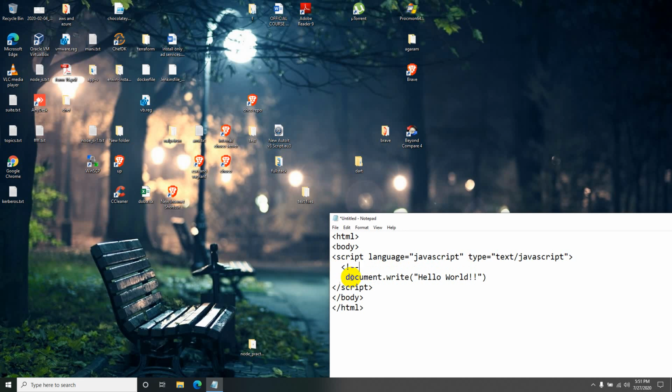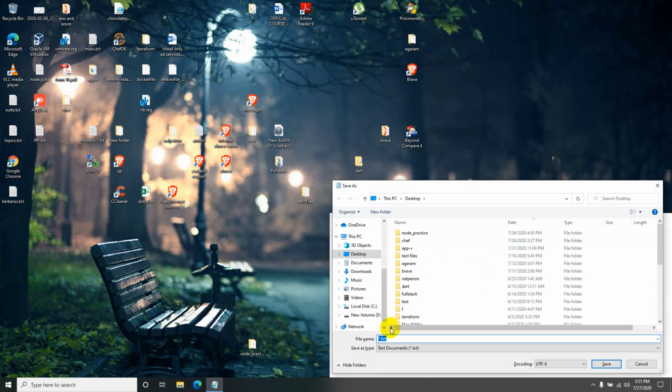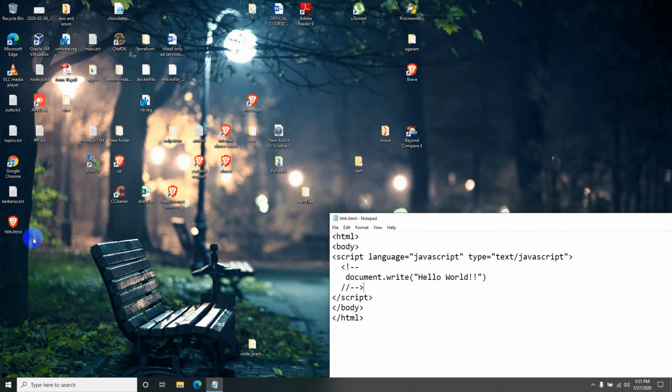So if this code is directly dumped as HTML, it will be treated as comments. Let's save the file as .html, and I'm opening it, you see it got executed directly because scripting is enabled in this Chrome-based Brave browser.